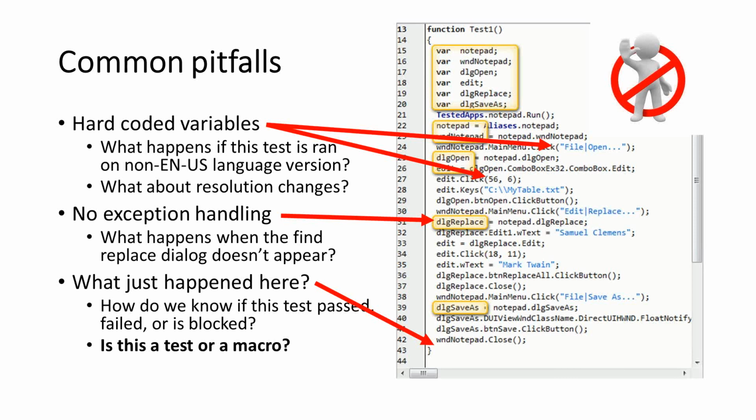The fourth thing that I'll talk about is some common pitfalls that I see in a lot of test code. One of the things that I see quite often in examples, and I know that they're just examples that we can see quite often in lectures and in test code samples on the internet, is hard-coded variables. I think that there's a joke about, that logon of a web page is probably one of the most